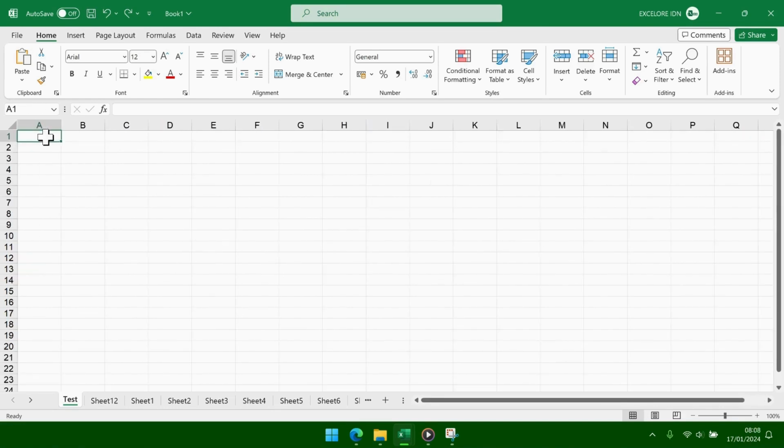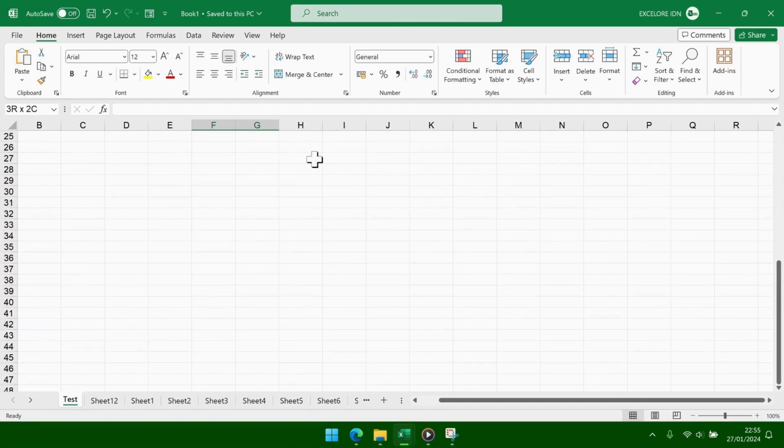Cells are named with a combination of column and row names, such as A1 or B1, which can be seen in the name box. To select a cell, we have 2 options. Click the left or right arrow. Or we can use the mouse to move from one cell to another. To select a range, we can hold down the Shift key and click the right or left and up or down arrow.